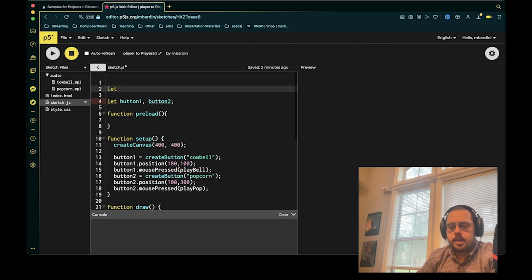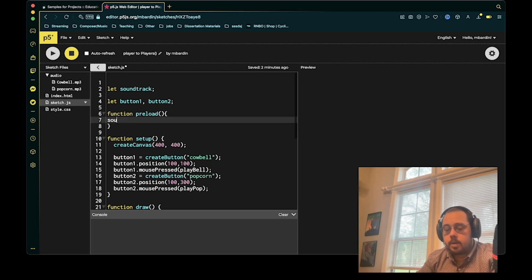I call this a lot of things in different scenarios. You'll see multiplayer a lot in the book because it plays multiple sounds. You can call it whatever you want. We're going to just call this, let's pretend we're making a game, and this will just be the soundtrack. All right. So what we can do is in preload, soundtrack is a new